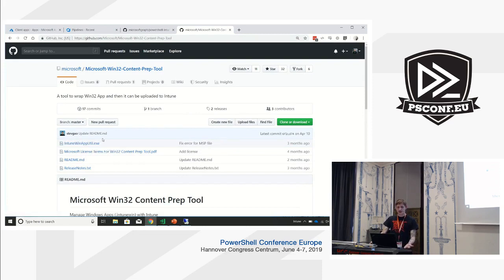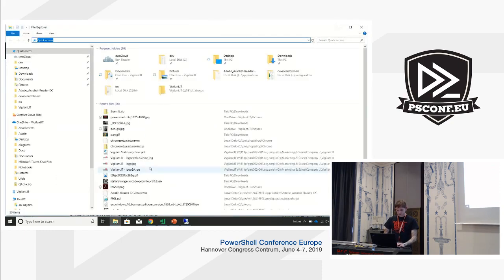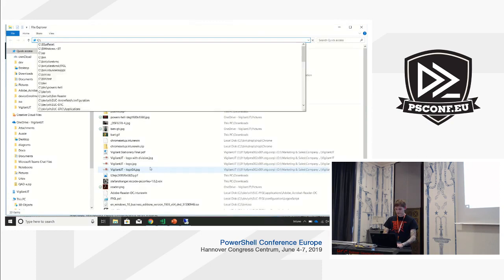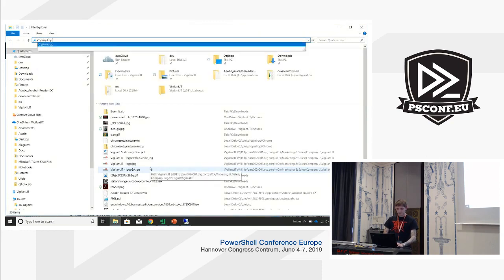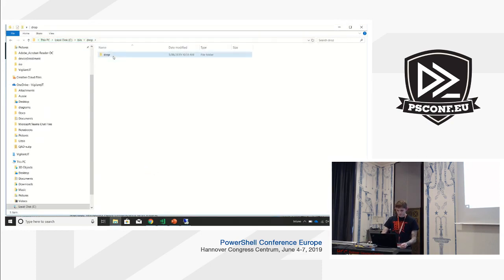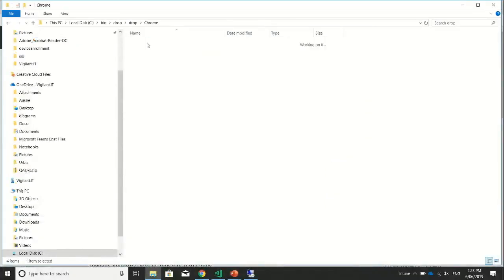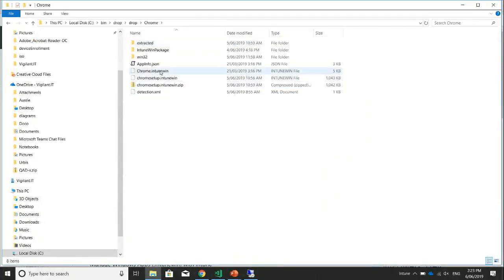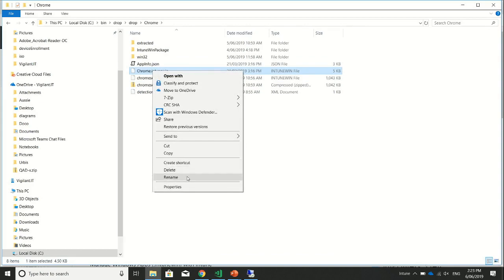And essentially what it does is it compresses the file, it encrypts the file, and then puts all the decryption data in a metadata file inside that as well. An example of what we're looking at here, I'm sure I've got something. Yeah, cool. Okay, so this is the file that gets created when you run that CLI. It says .intunewin, but what you can actually do here is